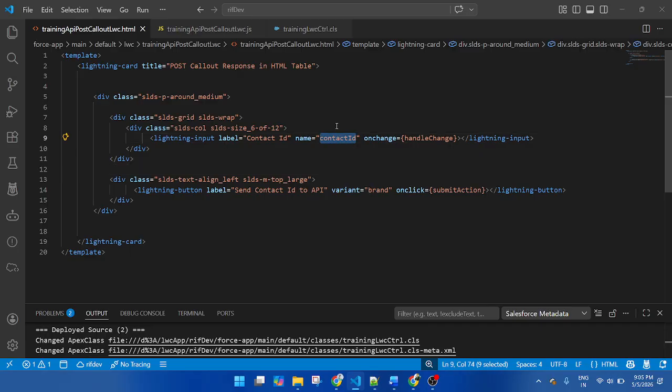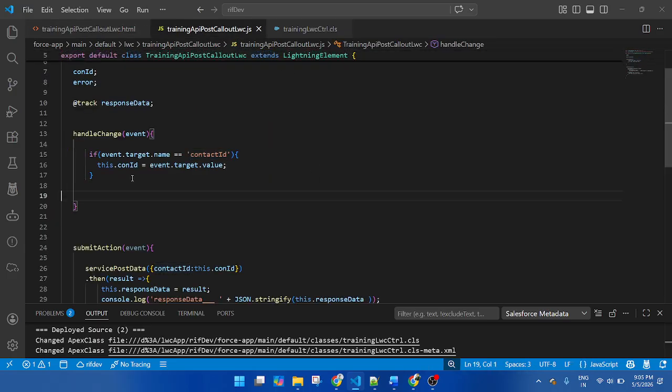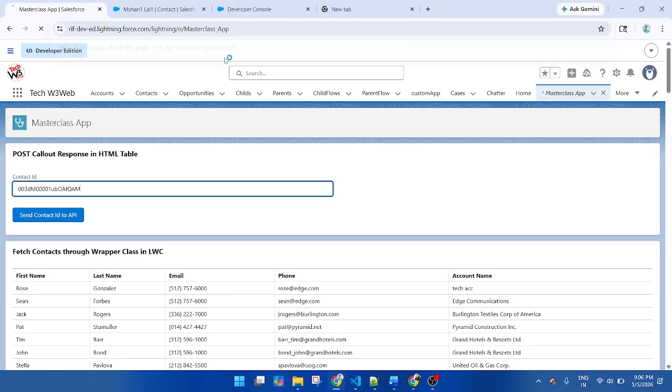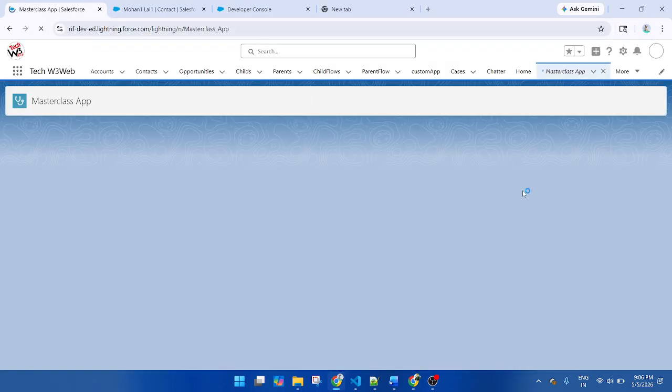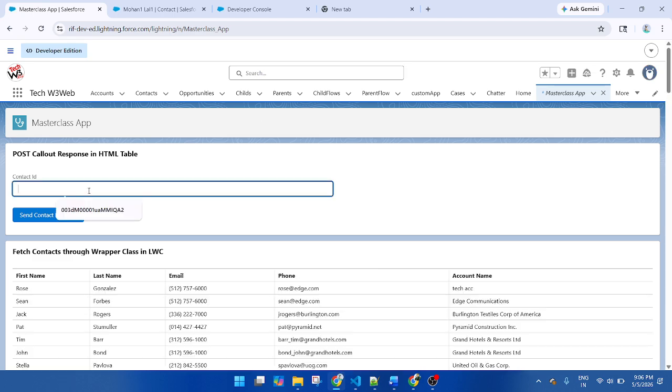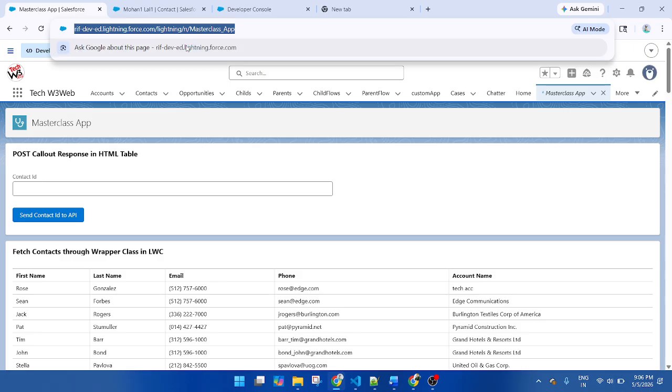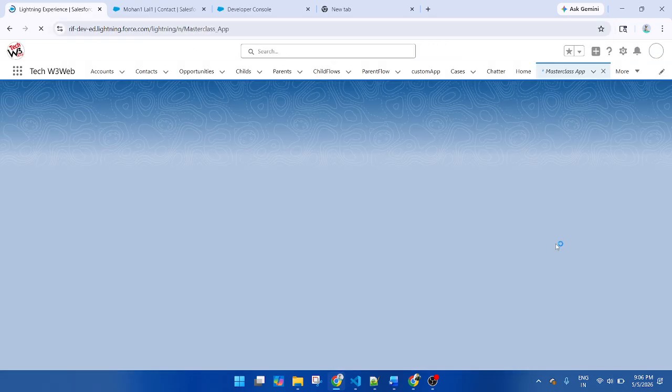Why not? Is event.target.name equal to this one? I am storing the data in event.target.value. Why is it displaying an error? Now it's fine; maybe the page did not refresh completely.